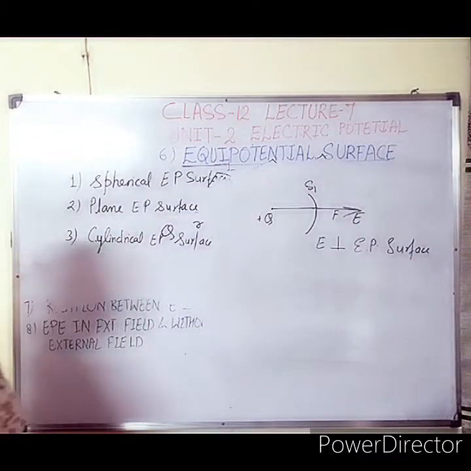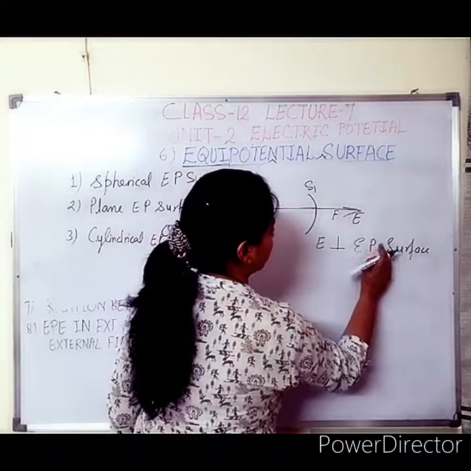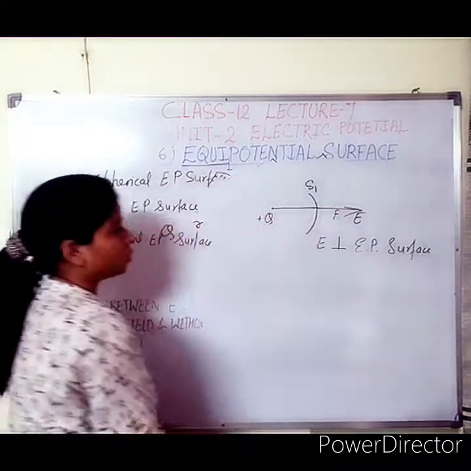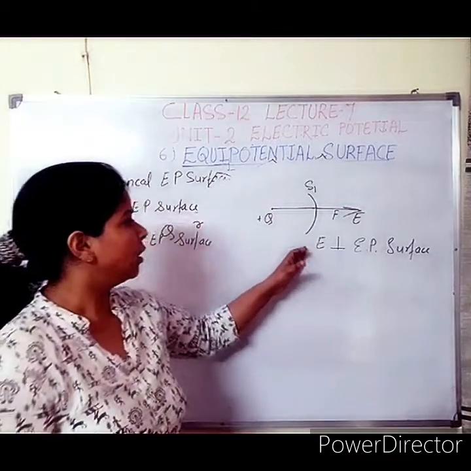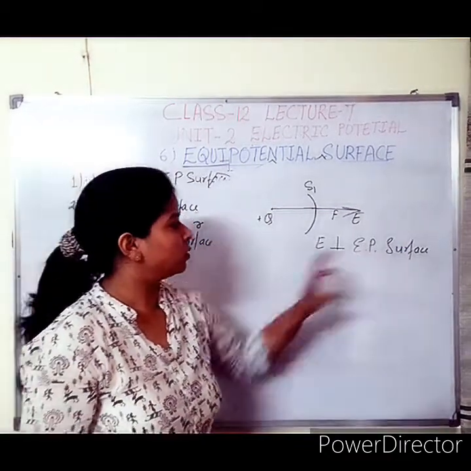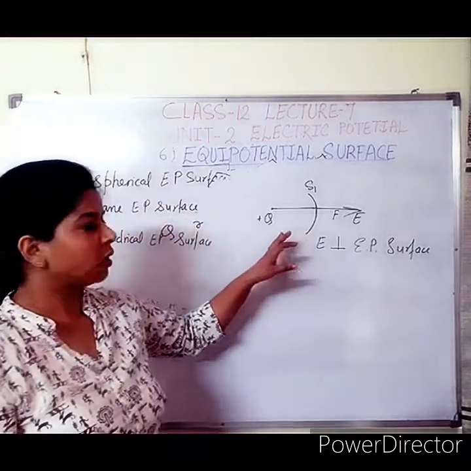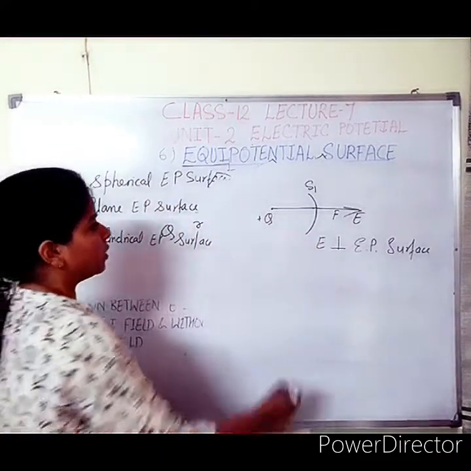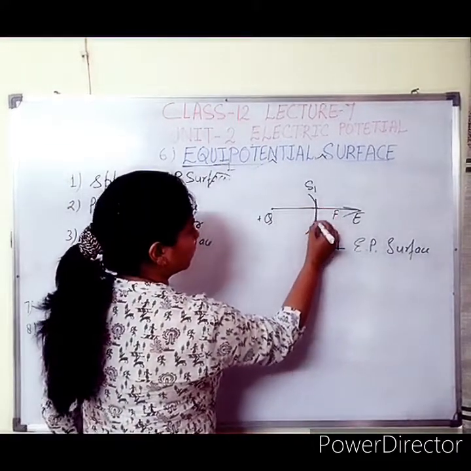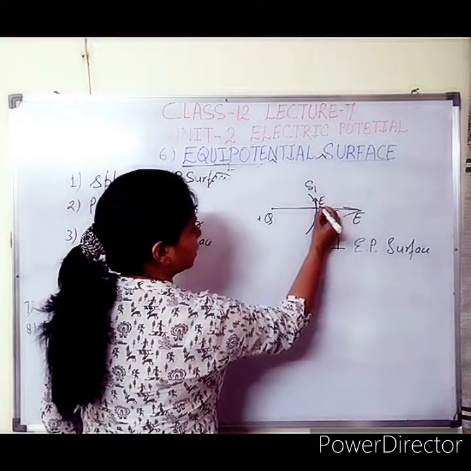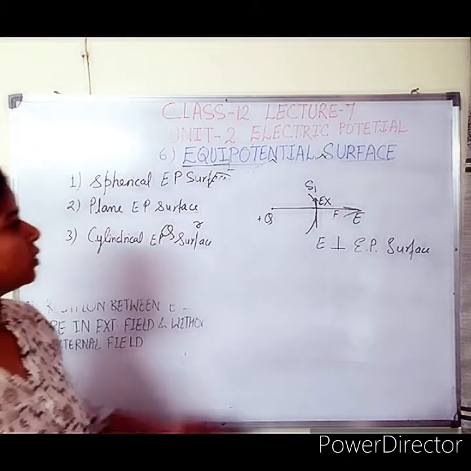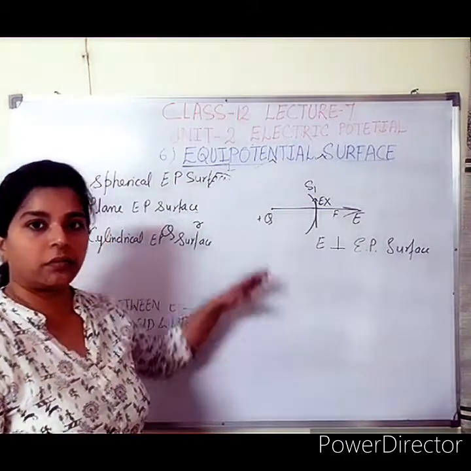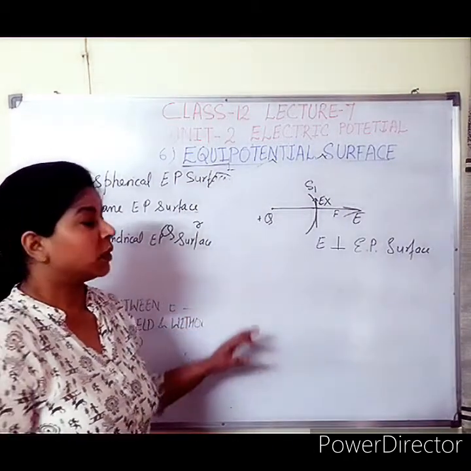I told you, each and every concept you can write point-wise in concise form in your notebook separately. So that will be beneficial for you. So electric field is perpendicular to the equipotential surface. Okay. If we are going along the parallel component, we will not get any component of electric field. The parallel component of electric field is not possible, and we can prove it mathematically, but later on.